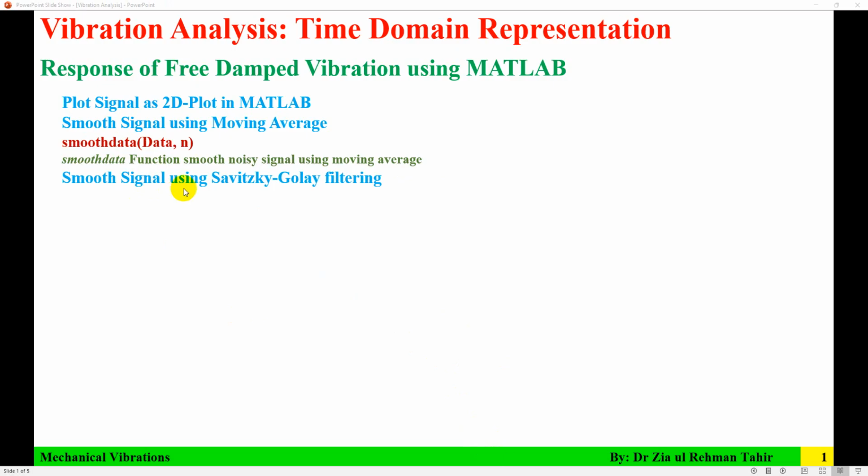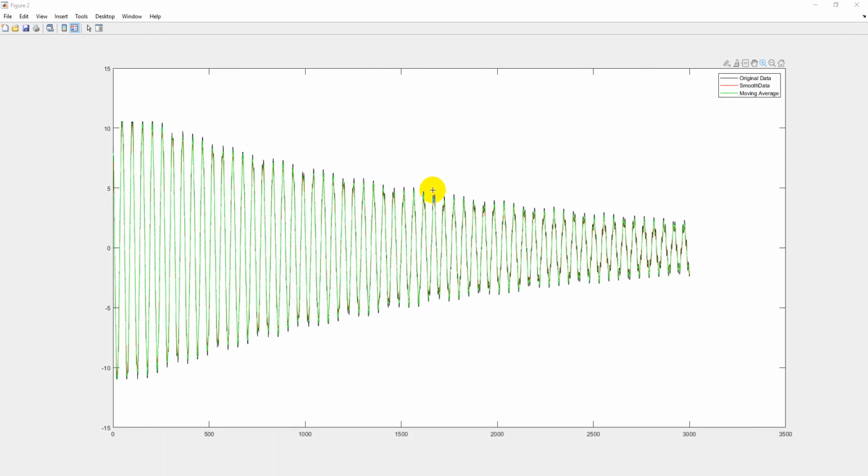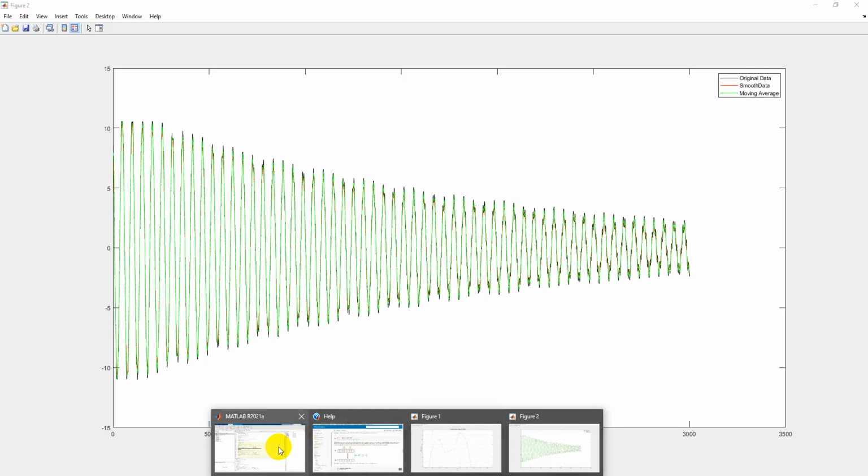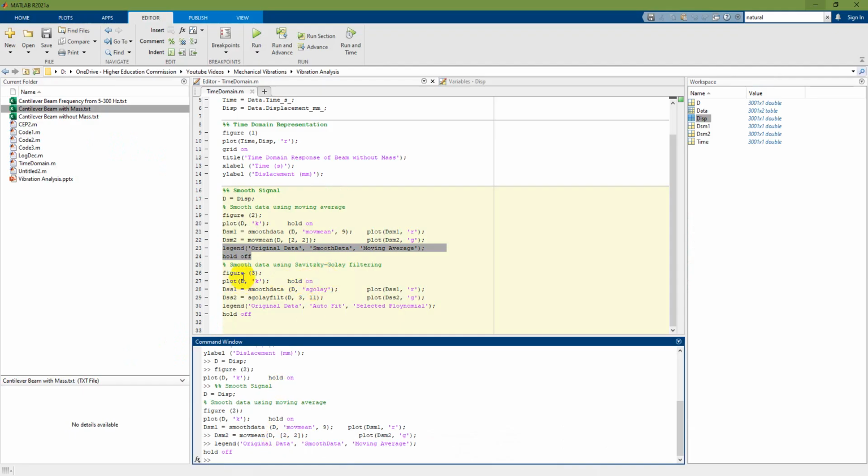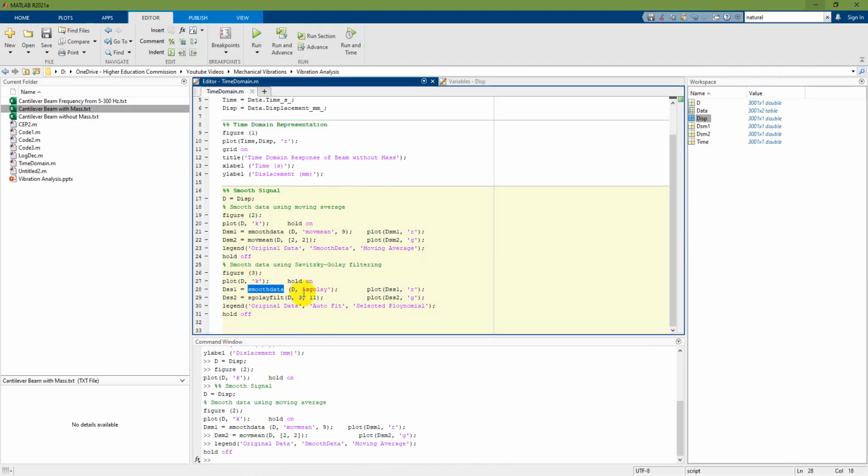The next one is smooth data using Savitzky-Golay filtering, and in that you can use the Savitzky-Golay filter with data, order, and then frame length. It's the smooth data function, which smooths a noisy signal using Savitzky-Golay filtering. And how is that? Now I will go there. So I can use smooth data with the method as sgolay, because